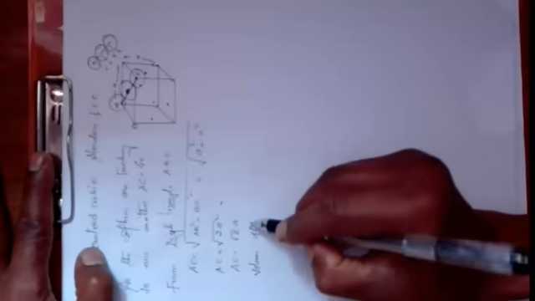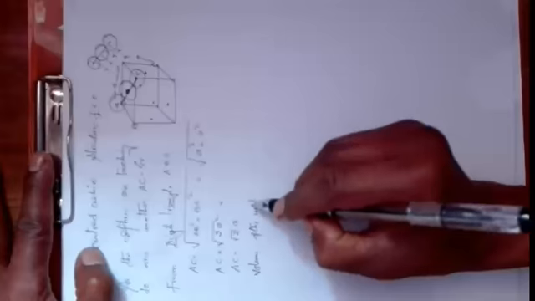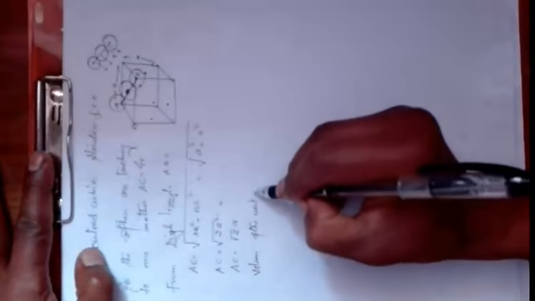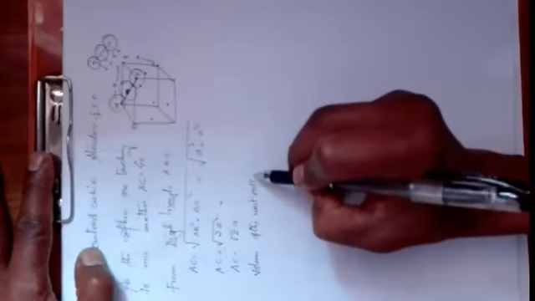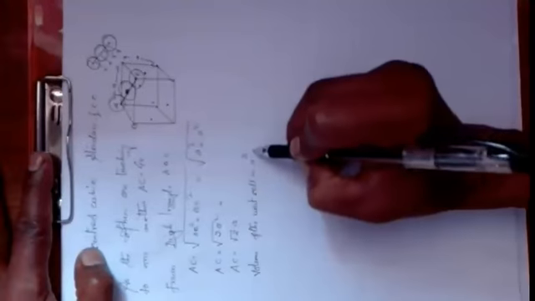We have to also find out the volume of the unit cell. What is the name of this unit cell? It is face centered cubic. Volume of the unit cell is equal to how much? It is equal to A cube. What is the value of the edge length here? The value of the edge length will be equal to,